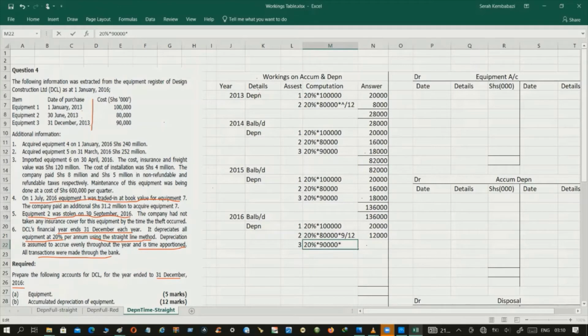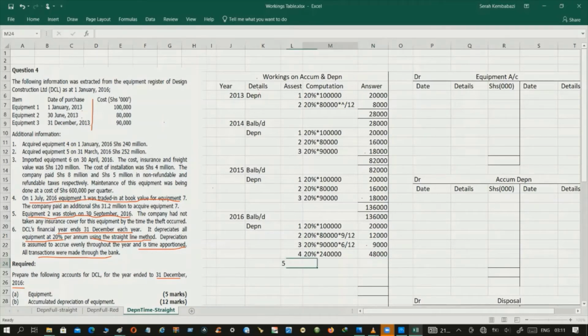That we've only had this asset with us for 6 months before the exchange, giving us a value of 9,000. We also do the same thing for equipment 4. Equipment 4, we are going to accord full year depreciation because we bought it at the beginning of the financial year, on 1st January. So full year depreciation will be accorded, giving us an amount of